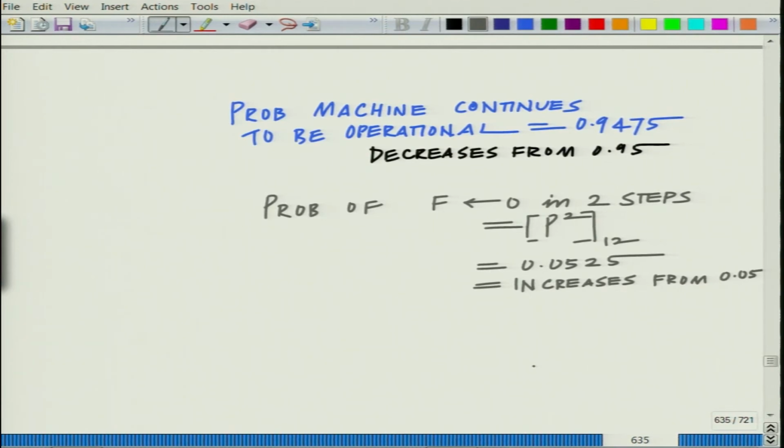So, originally it is 0.05, the probability it breaks down in 2 steps increases to 0.0525. Therefore, as you can see, as time increases, the probability that it continues to remain operational decreases,